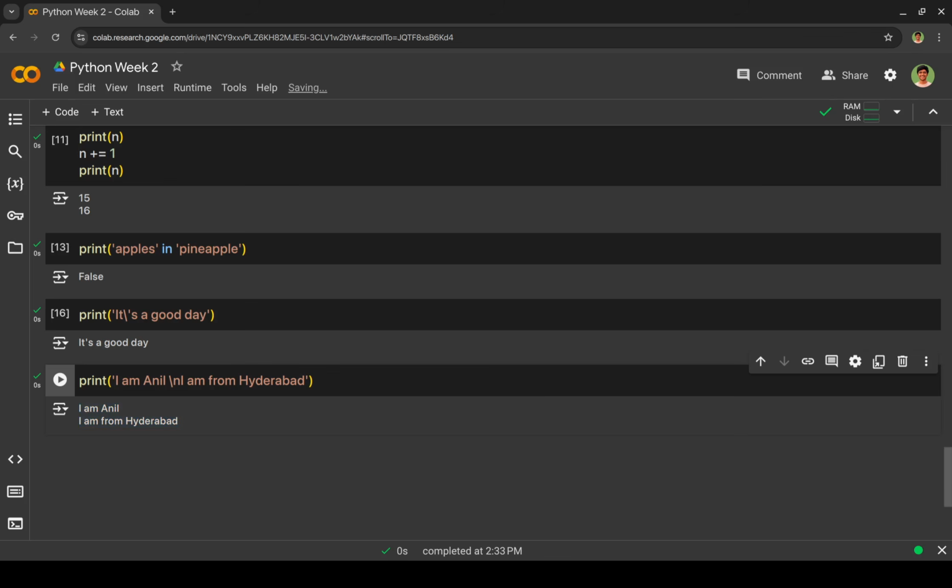So what change did I make? I just added this backslash n. So this backslash n adds a new line. So this is called an escape character in Python. So whatever we write after backslash, that is called an escape character, and this backslash n is used to print